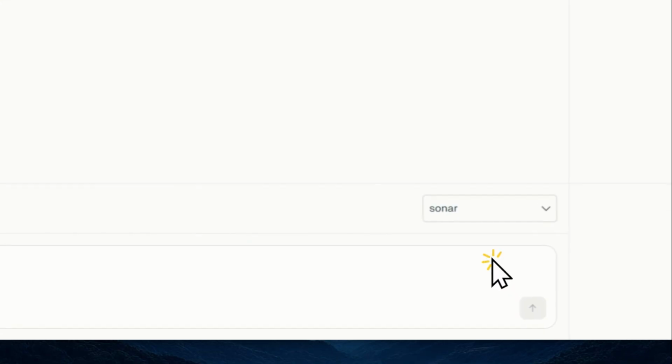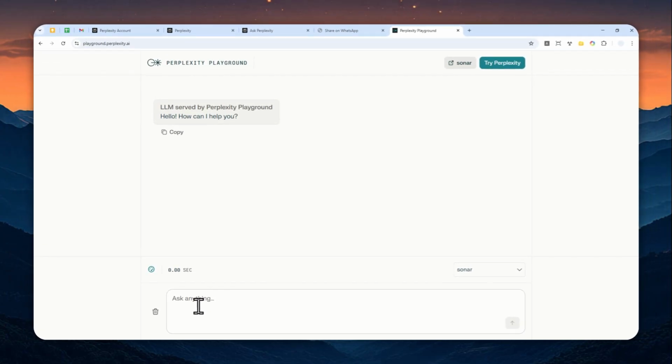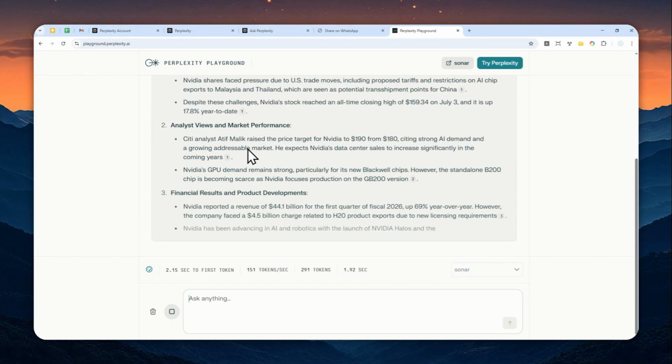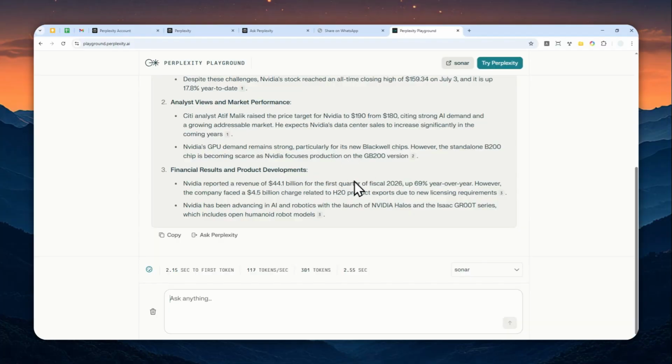One thing that I like about chatting with Perplexity this way is that it is very quick. In fact, it's one of the most powerful things about the Perplexity Sonar model. It is really quick, and it is able to access the internet. You can ask anything, like, let's say, news about Nvidia. I'm going to hit enter, and it will do the research on the internet. Okay, you can see that there are some citation numbers, which means it does read content from the internet, and